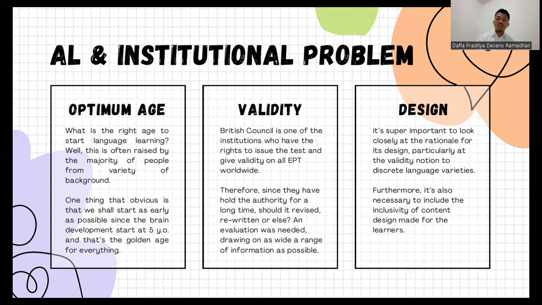And should the evolution be needed, drawing on as wide a range of information as possible, because we know that we also need to adjust the content within the EPT itself, because sometimes the EPT itself has not significantly changed or developed since decades ago, so it's just similar to what it was like decades